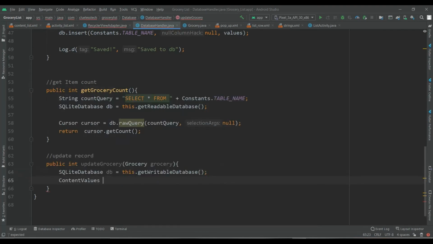Now ContentValues values equals new ContentValues.